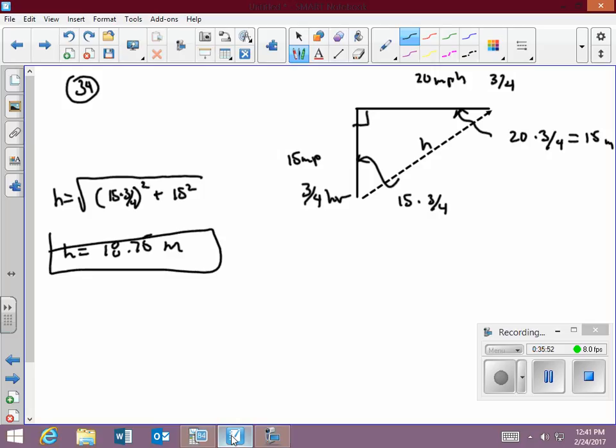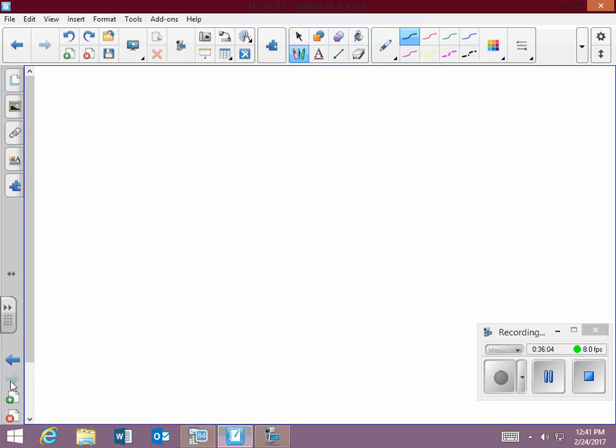36, it says a conveyor belt is to be set up to move bundles of shingles up to a roof if the edge of the roof is 10 feet above the ground. So 36. Well, what we can do is